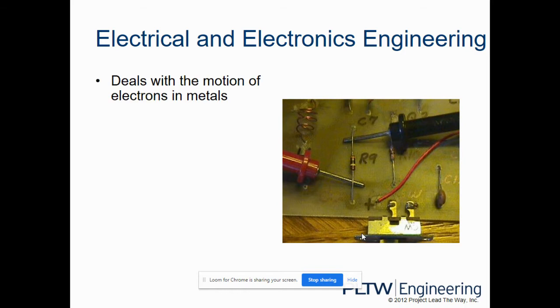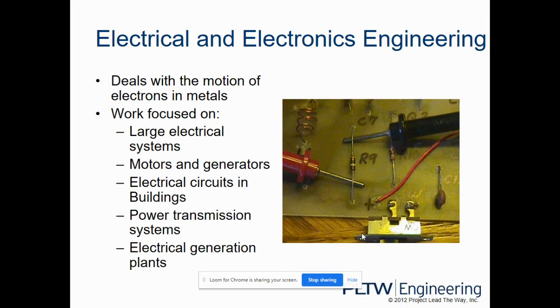Electrical and electronics, they're very similar in that electrical deals with power usually, and electronics are smaller things. So large electrical systems. You got to make the electricity and then you got to send it all over the country. And then once you got it at a place, a house, a building, a factory, you've got to actually take it and use it. And how do they use it? By usually plugging in a motor or some kind of generator. You're looking at the electrical circuits that make sure the electricity goes where you want it to and not where you don't want it to go.